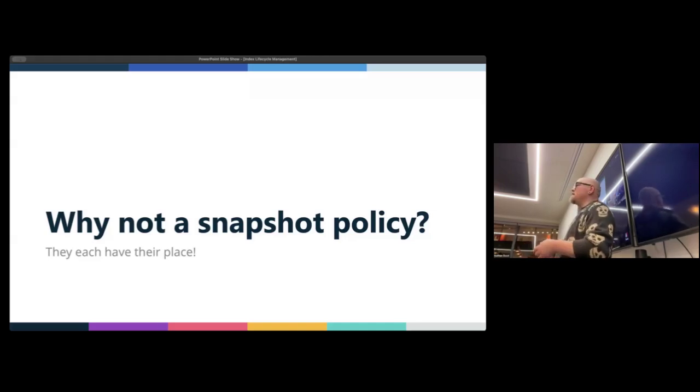So snapshot policies are basically index management policies that just snapshot at certain time intervals or at regular intervals. And so there's a time and a place for either of them. I wanted to mention snapshot policies because invariably I get asked, well, why not just use a snapshot policy for your backup? And so there is a place for those.